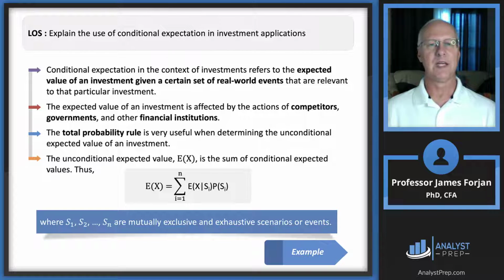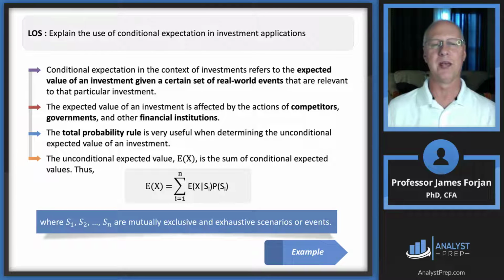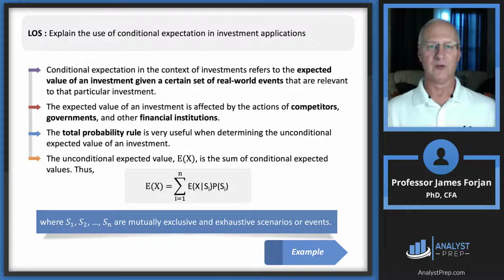All right, how about conditional expectations? The expected value of an investment given a certain set of real world events. So this goes back, of course, to my football example. Real world event is it snowing or sleeting or raining, or is the sun shining, given a set of certain real world events. So, of course, the expected value of an investment is impacted by lots and lots of these